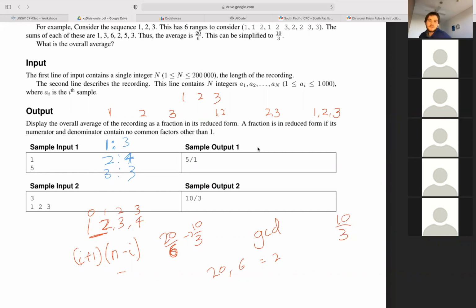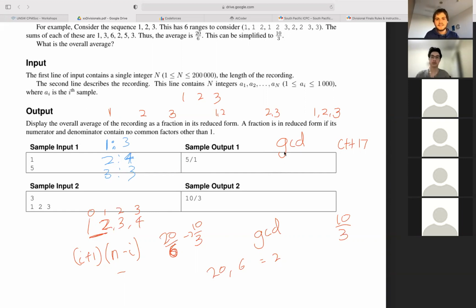Yeah. So I'm pretty sure in theory you learn this in primary school, but then you kind of forget about it until uni. But yes, in fact, C++ has a built-in function, in C++17 or later, which computes GCD for you, which is quite nice. There's also an algorithm called Euclid's algorithm, which you're free to Google in your own time.